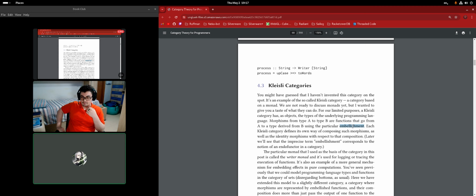But there's this writer thing in the middle, and what makes it a Kleisli category is that we say, okay, there are some rules that let us ignore the fact that there's this pesky writer in the output that the input doesn't want. That gives you a slightly different composition operator from just the normal arrow composition.